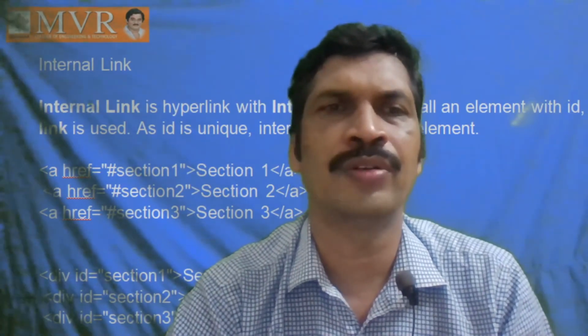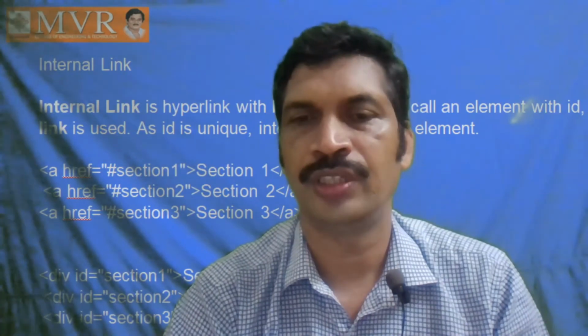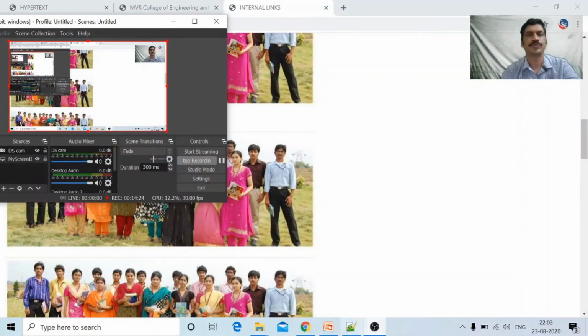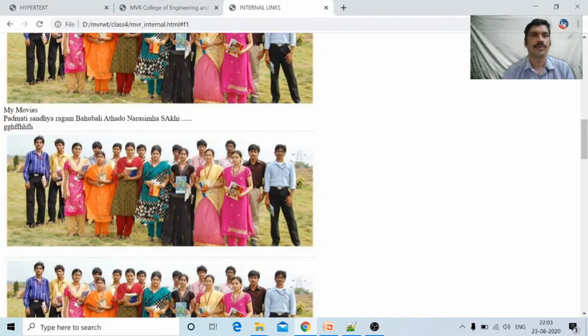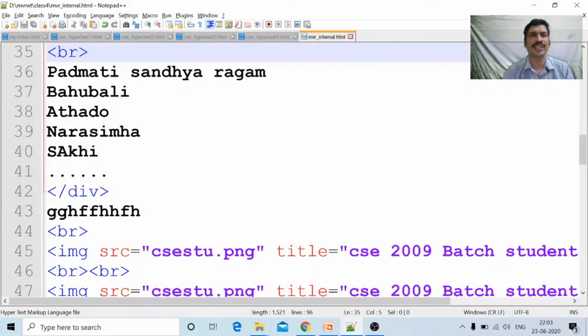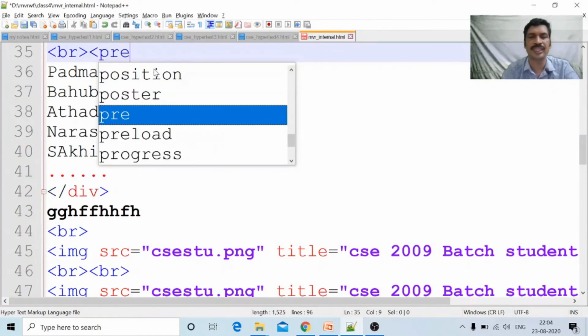What we are observing in this output: Padmavat, Sanjaragam, Bahubali, Atadu, Narsimha, Saki. All of them are actually on different lines, but they appear in the same line. In order to get the same, we use the pre tag,